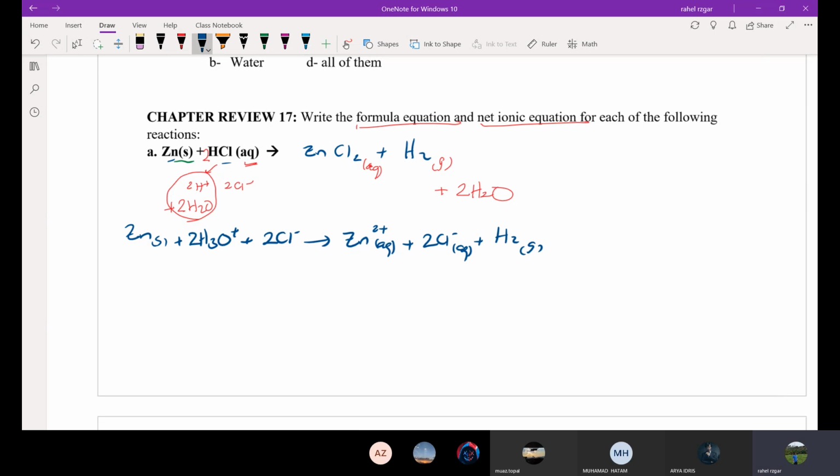Everyone, the hydrogen gas will not react with the H2O. The hydrogen gas will form a gas and it will escape from the solution. It will escape from the reaction. Plus